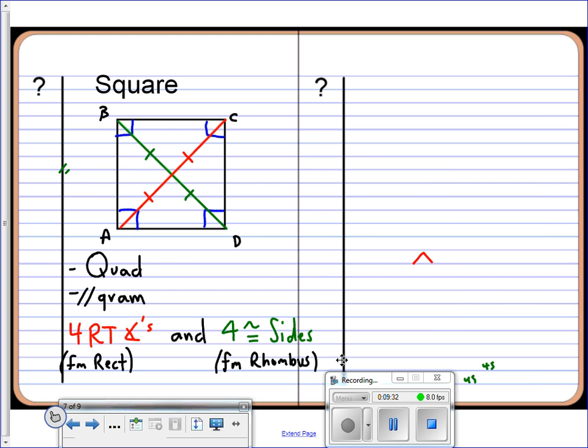Now, one interesting thing that does come, certainly those diagonals are angle bisectors, but since they're 90 degrees from a rectangle, we see that each side becomes 45. That's going to be true for the opposite angles as well as these angles that are up here. So what I would do if I was you is I would realize, let me just add from the rhombus that we have diagonals that are perpendicular. And so what you should realize when you see these 45s is, uh-oh, this is going to be a special